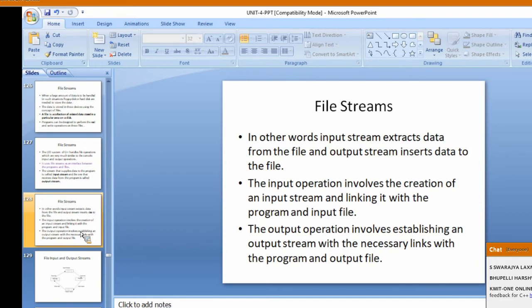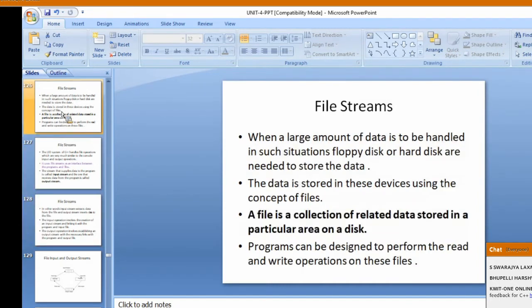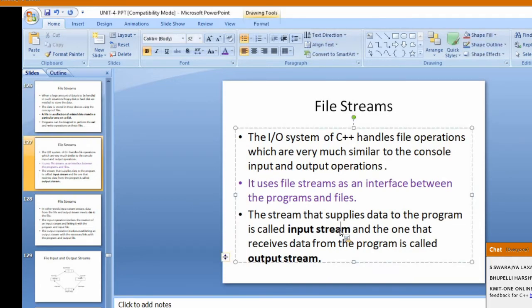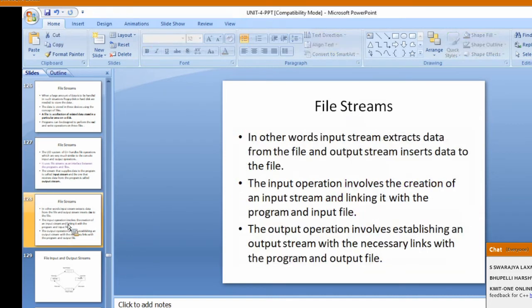If you want to perform an input operation, you create an input stream object and link it with the file. If you want to perform a write operation, you create an output stream object and establish a connection with the output file.